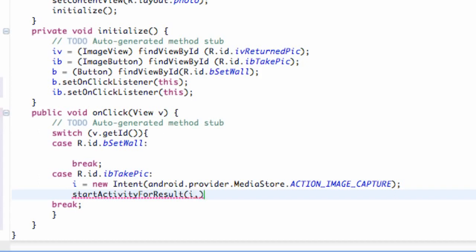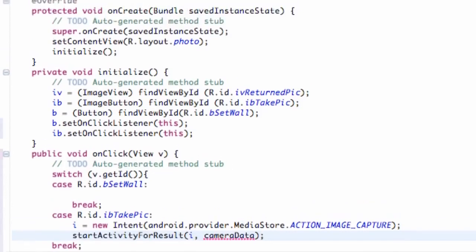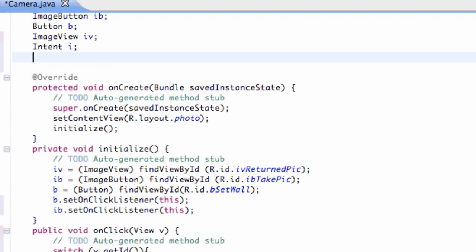And then we're going to hit a comma and set up a variable that's going to collect the data. And it's going to be an integer type variable. So we're going to call this variable camera data. Since we don't have a variable yet called camera data, we're going to again set this up above our classes. So we're going to say int for integer and cameraData, and we're actually going to set this equal to 0, and you guys also need to say final static,